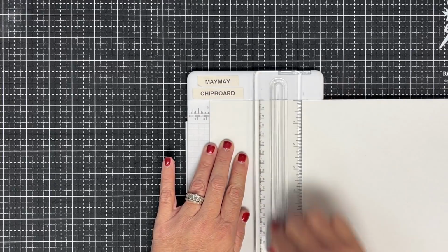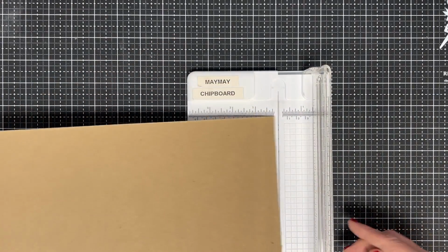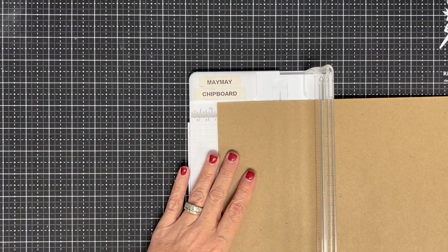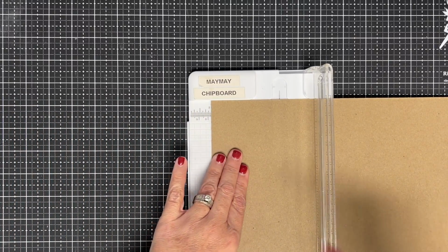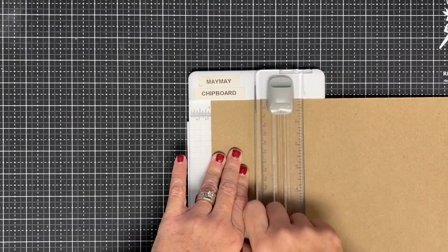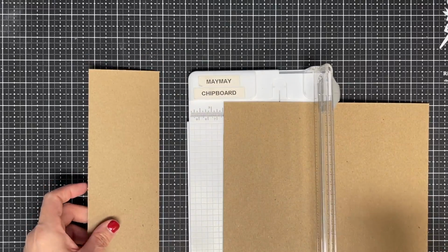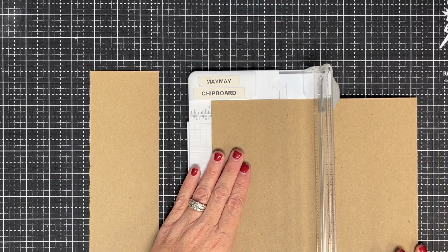Now here's what I do, okay? I slice it on the top one time, then I flip it over and slice it again. The reason for this is chipboard, this particular chipboard is too thick for one pass, but 2 passes does a really good job. See that? Now I will tell you, you don't want to use a new